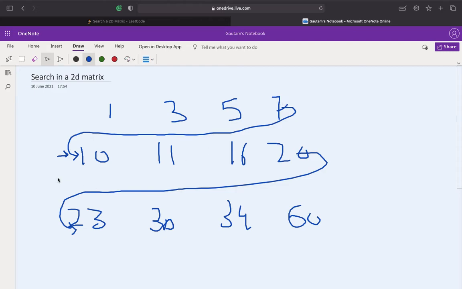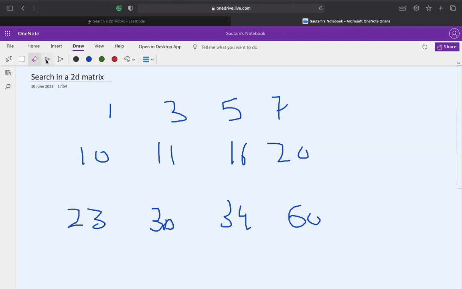Because the first element of each row is greater than the last element of the previous row, and the rows are sorted from left to right. So we will be using these two facts, that the elements are sorted row wise as well as column wise, and then we'll use this approach to solve this problem.